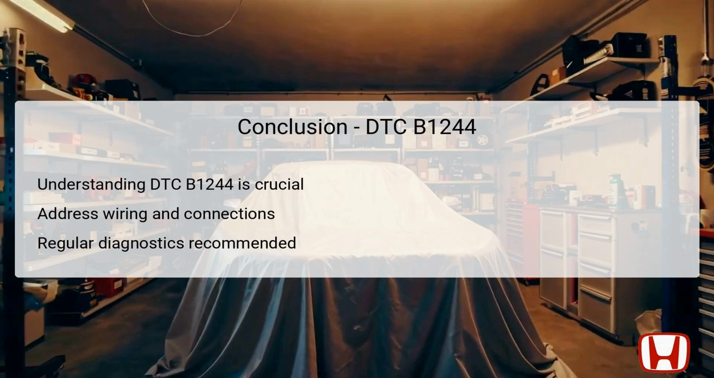In conclusion, addressing DTC B1244, which pertains to the rear air mix control motor, requires thorough diagnostics and timely repairs. It's crucial to understand the role of each component involved, particularly how they contribute to the overall operation of the vehicle's HVAC system. Issues related to this DTC often stem from wiring problems or component failures, which can be resolved through systematic troubleshooting steps. Regular inspections of wiring and associated connectors are key to preventing similar issues from arising in